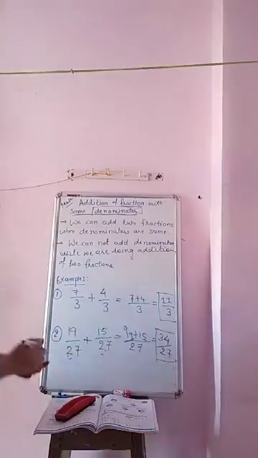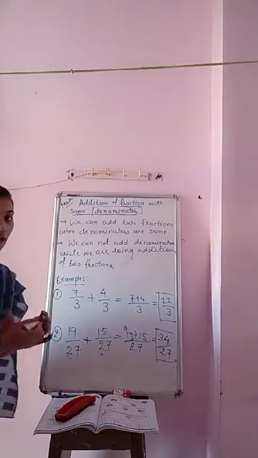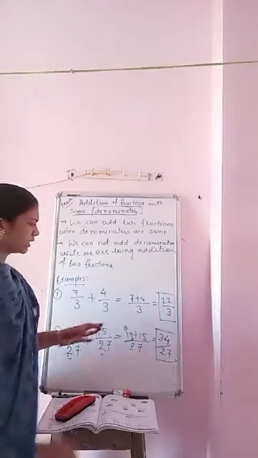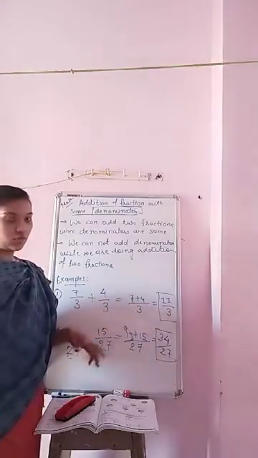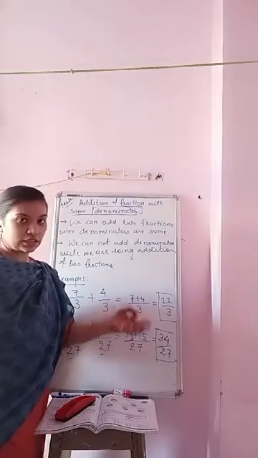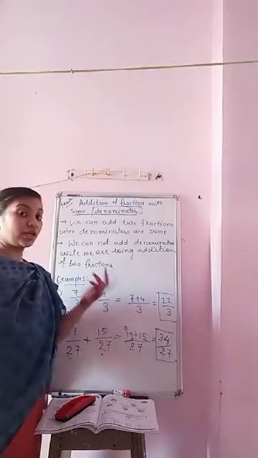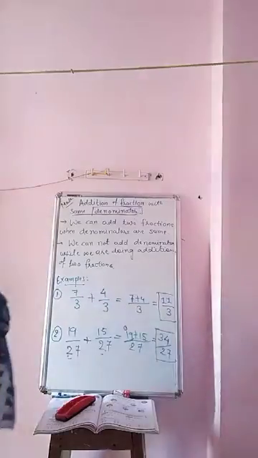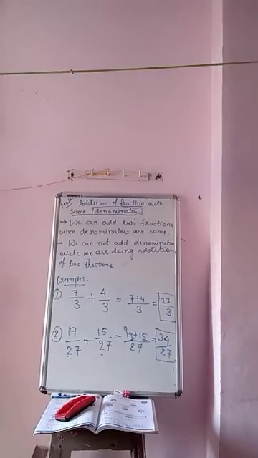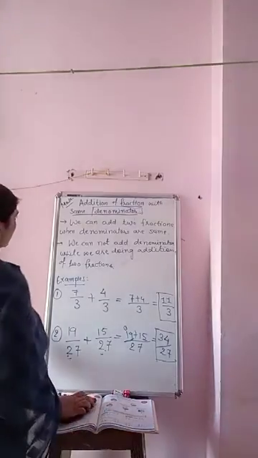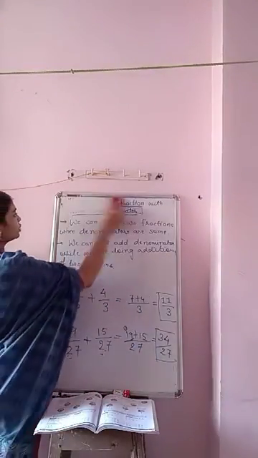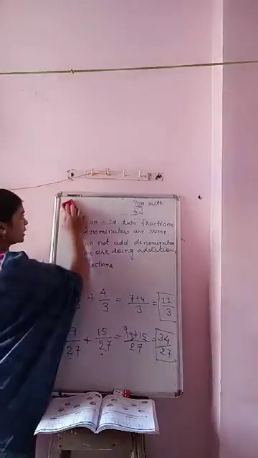These are simple examples, and it's not necessary that the denominator will be a single-digit number. A 2-digit number can also come, a 3-digit number can also come, as numerator as well as denominator. I will share the snap of this also. Okay, next homework for you. You have to practice this addition.